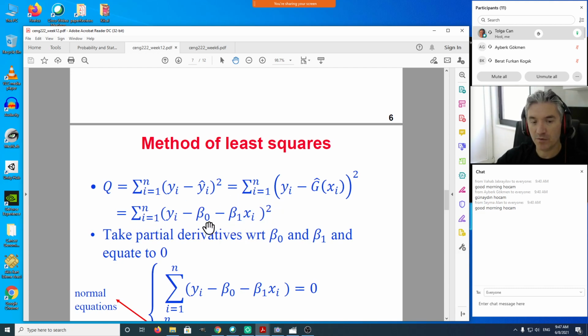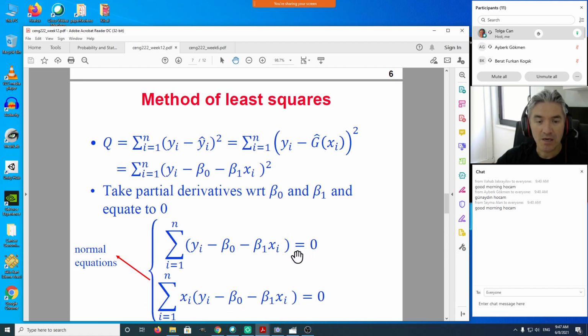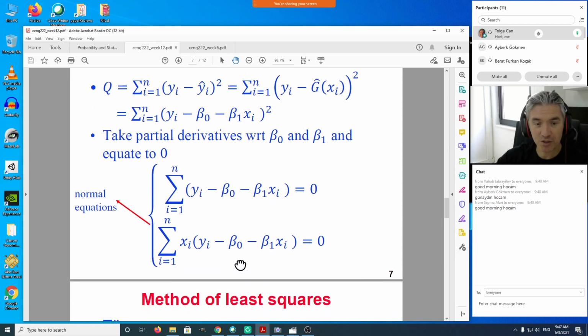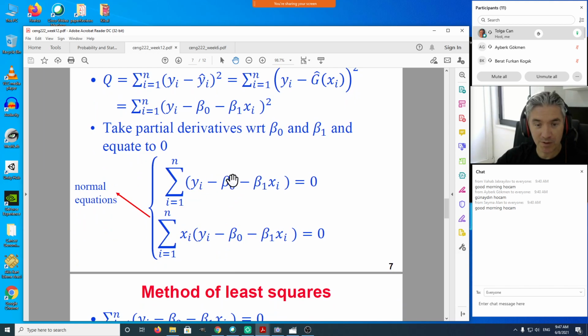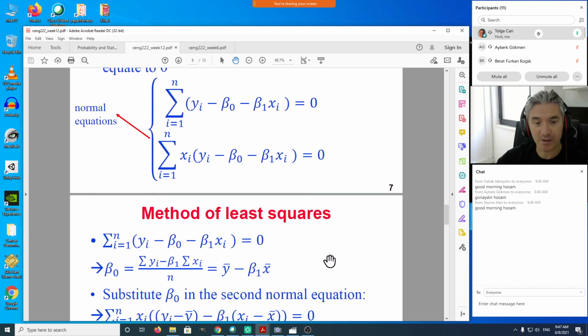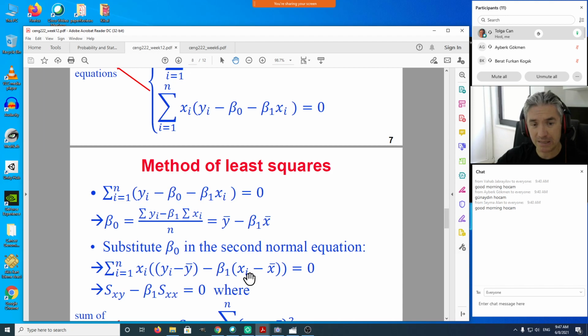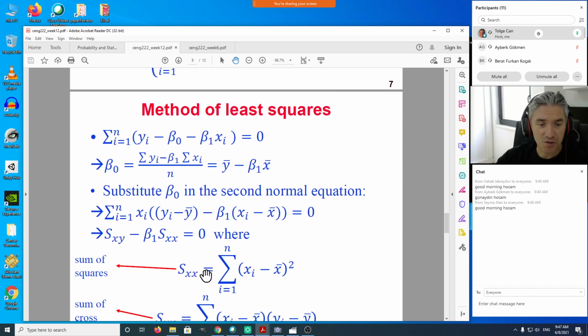How do you minimize a function like this? You take the derivative with respect to beta 0 and beta 1, and equate them to 0 to find these points. These become your normal equations. From this, your goal will be to find what beta 0 and beta 1 are. You write beta 0 in terms of beta 1 first, and then you plug it into the other equation, which gives you